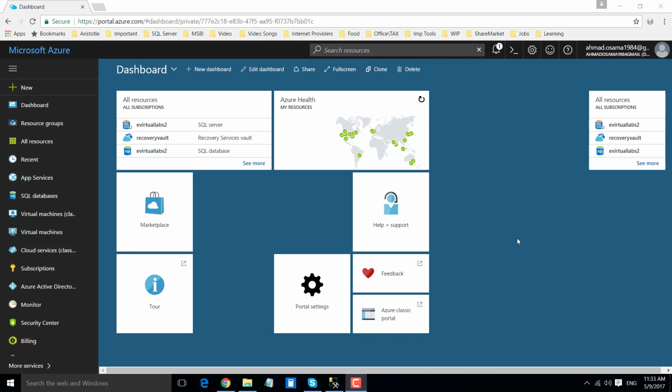You can create a SQL Server and then you can create multiple SQL databases in the logical server, and then you can access the databases around the globe. In case you don't want to create your own data center, you don't want to have your own servers, your own hardware, you don't want to have maintenance for that particular server, in that particular case you can go with the Microsoft Azure platform and you can rent a server from Microsoft, and you can pay for that particular server on a monthly basis.